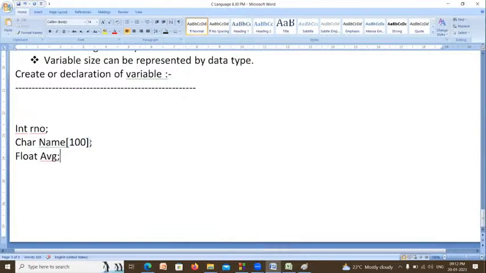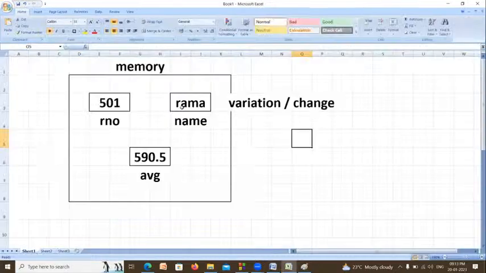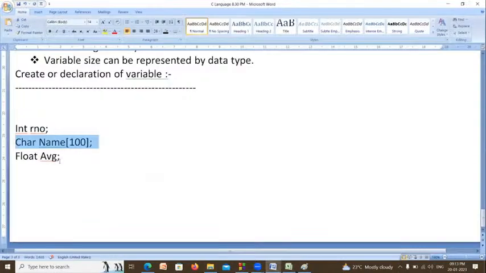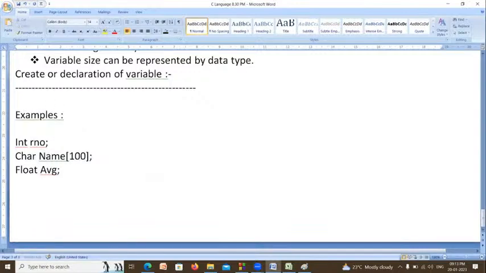The meaning of this is that it is allowed to store up to 100 characters. Character means 1 byte, and there are 100 characters, so 100 into 1 equals 100. It allocates 100 bytes of memory for this, and in this we can store up to 100 characters. Like that, you can create the variables. These are the examples to create variables.